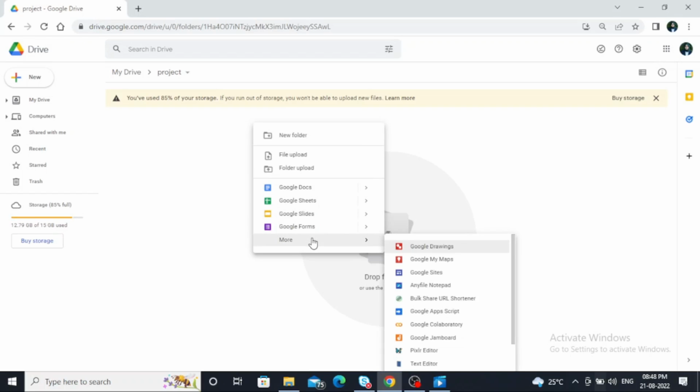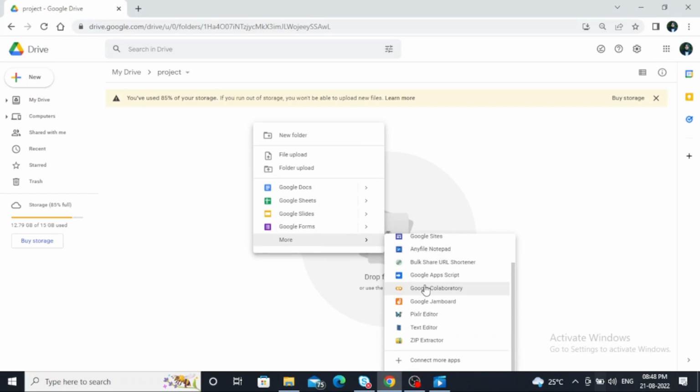Click on More, scroll down, and you will see this particular thing, Google Colaboratory. Just click on this once, and you will be directly taken to the Google Colab